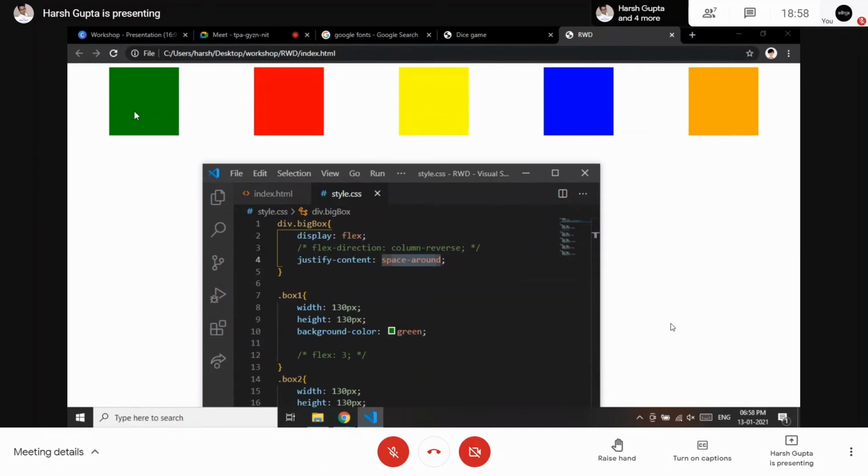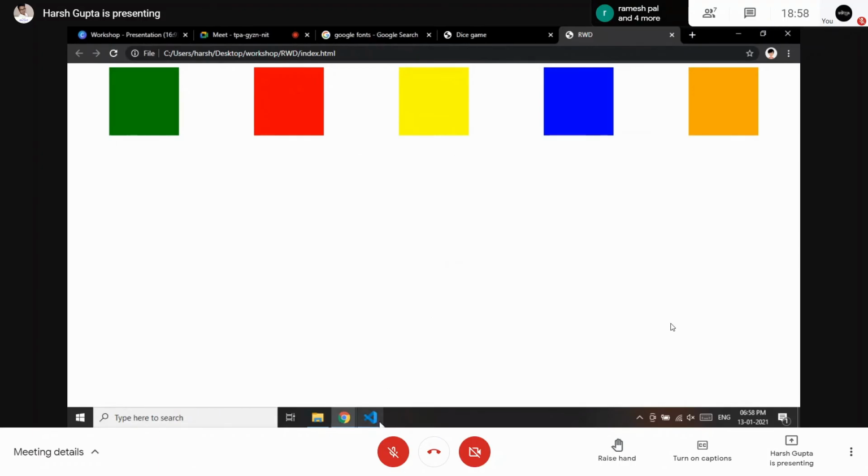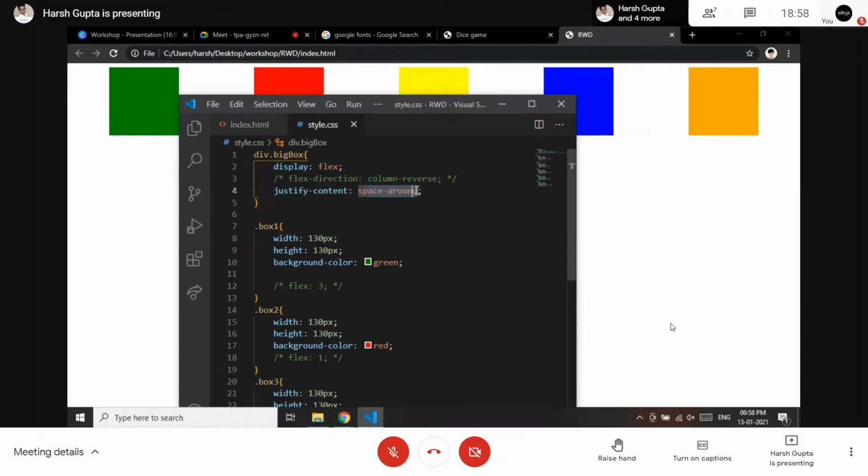In the green, on the left side we have, let's say, a width a, and from green to red we have 2a, because half the length of green and half the length of red combine into two times the length. So that's how space around works.